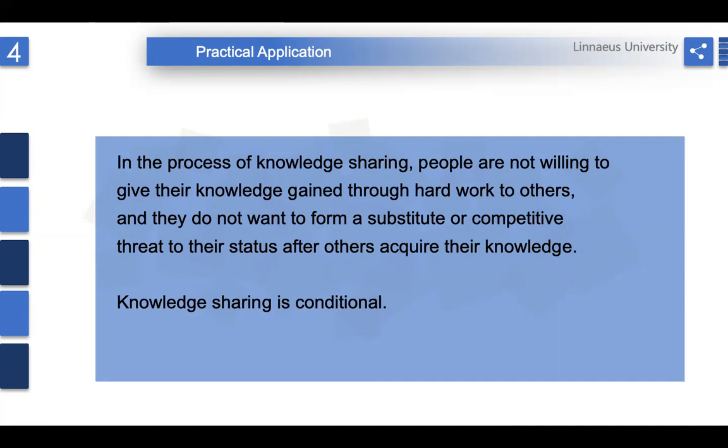Besides, we find that knowledge sharing is conditional. Even if we are willing to share knowledge, we may not be able to achieve the best state of knowledge sharing. This is because knowledge sharing itself is limited by the ability to express and understand and the basic knowledge of both sides. The sharing process itself is costly. It takes time, brain power, etc. If in the sharing process the effort of the knowledge receiver to obtain knowledge is more than their gains, the receiving learner will not waste his time and energy.